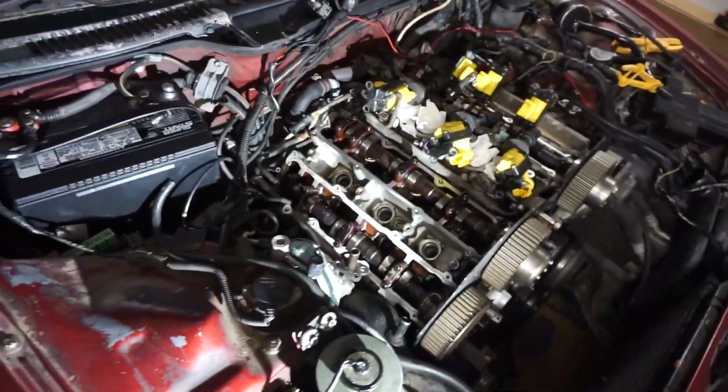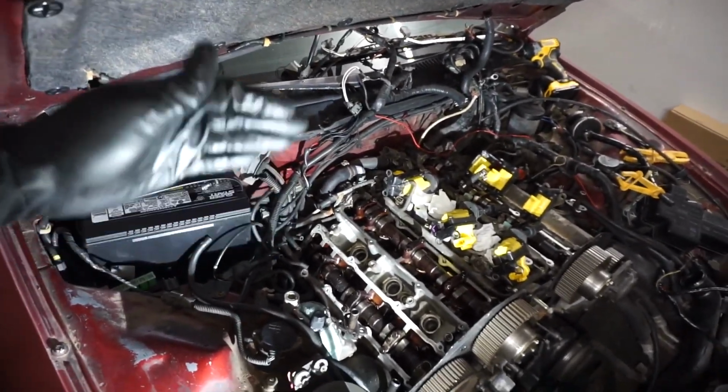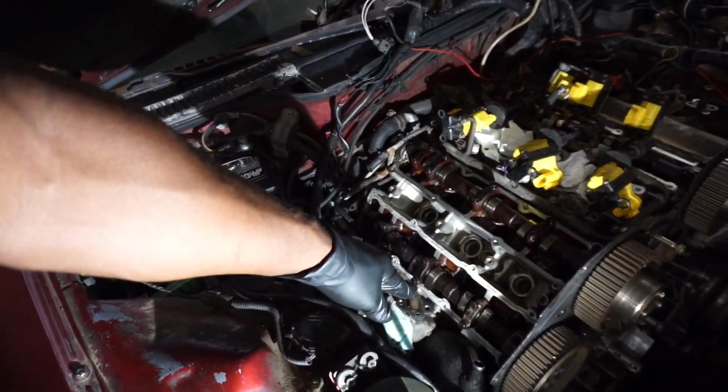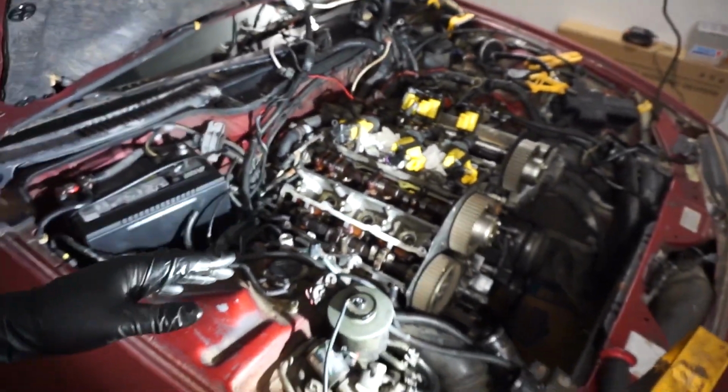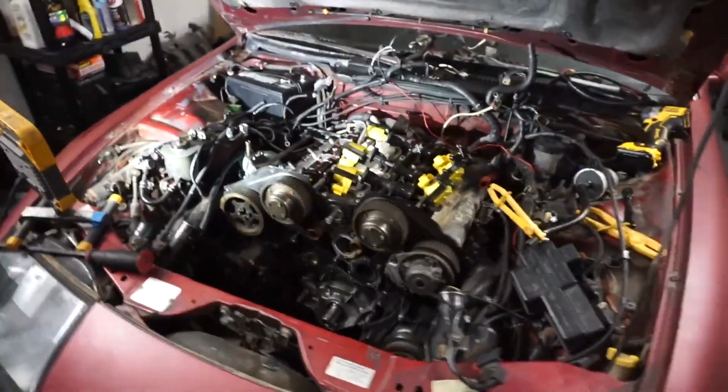Get some help. All right, y'all. I'm almost to the edge of going. I'm not even gonna say that word because I don't want to speak that. But we do have everything off on this side. As for the valve cover, this EGR tool is getting on my last nerve. Then they have a bracket right here that I had to loosen up. So I'm gonna have to repeat that on